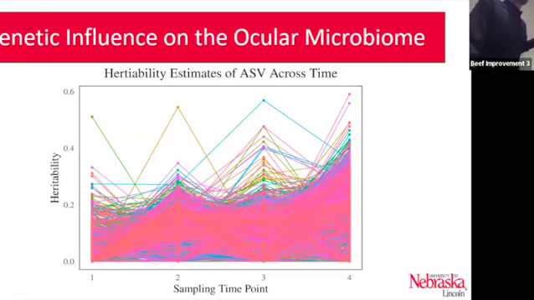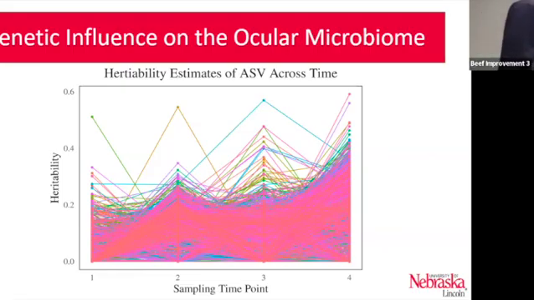Okay, so now we're going to do the heritability estimates of each ASV across time. I know it's a lot of noisy lines, but we had 3,400 ASV to look at. For each time point, I pulled out the ASV that were in the top 20% for highest heritability estimate for each time point, and then I grabbed all of those. So if it broke that 20% threshold for any of the time points, it's on this graph.